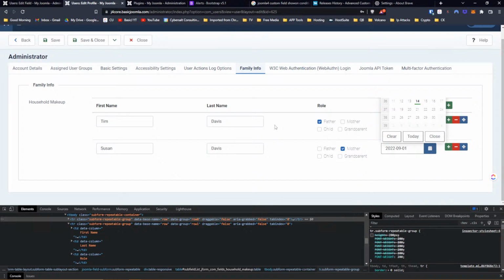Let's do this. We've got the subform group. Let's go margin top 200 pixels. That's not doing it. Wonder if it needs to be more than 200 pixels. No. Padding. Top